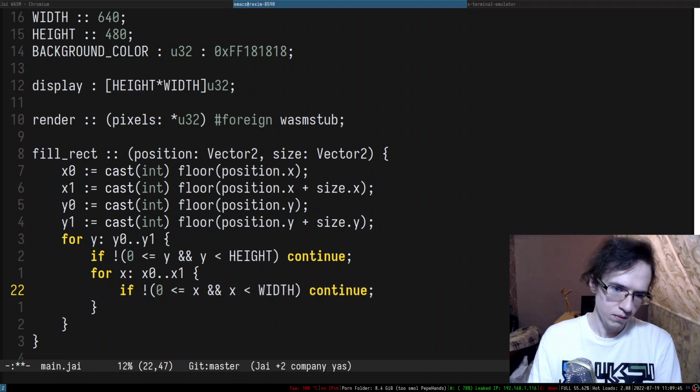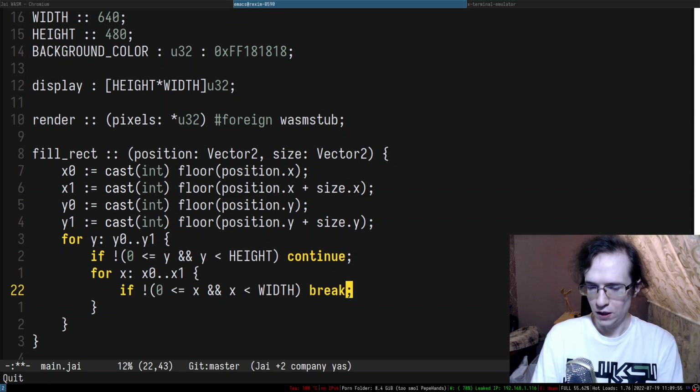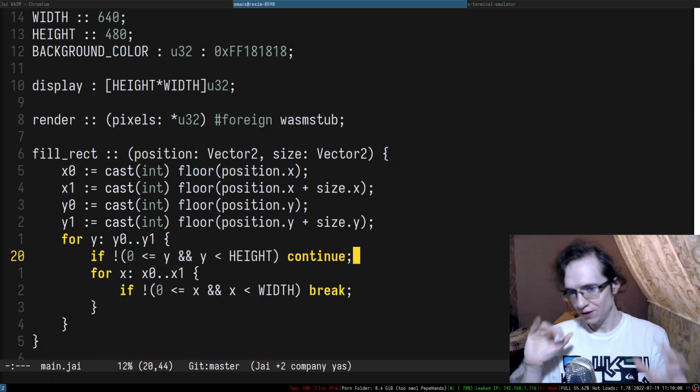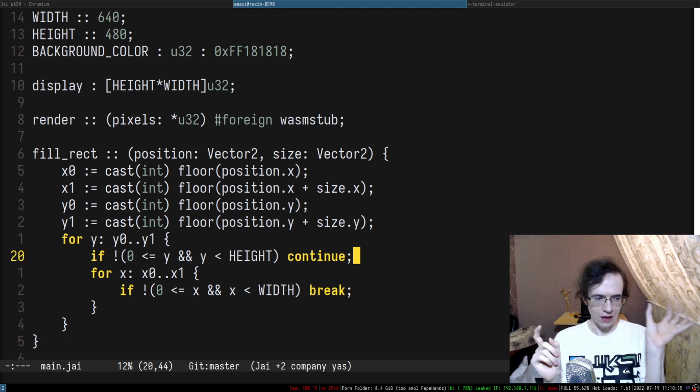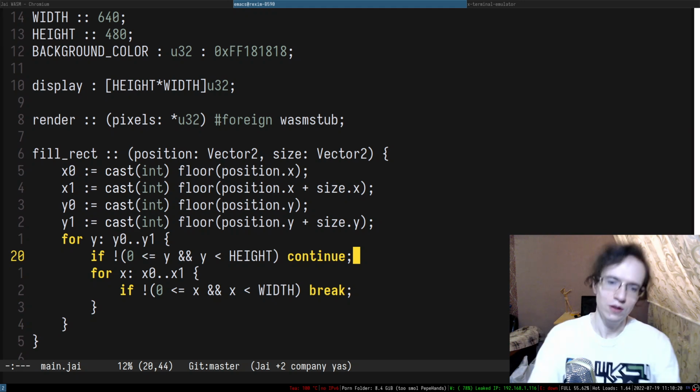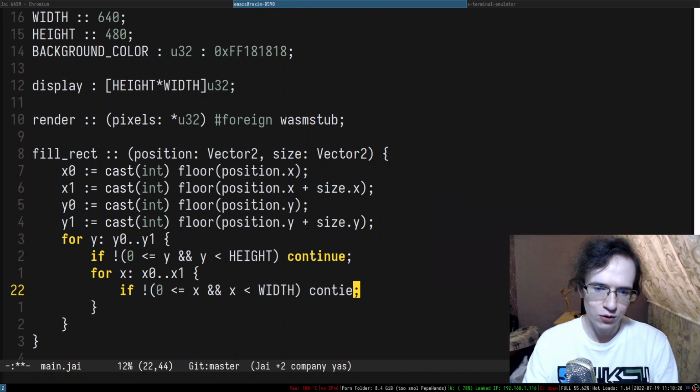To be fair, it's not really that we have to do continue in that specific case. I think we can just straight up break, right? Because if you have a row that is outside of the display, you want to try another row because another row might be actually inside of the display. But in case of the column, no, not really. The column could have a tail, like a head and tail. So yeah, it has to be continue. So it's a very stupid algorithm, but I just don't want to spend time to make something more smart,